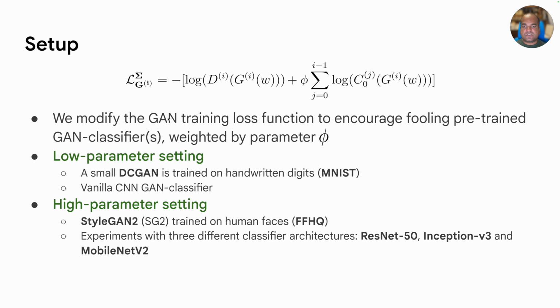We train classifiers on GAN outputs to learn artifacts, and then we modify the GAN training loss to fool these classifiers weighted by the coefficient phi. We do this in two settings: a low parameter setting where a small DCGAN is trained on the MNIST dataset, and the high parameter setting where StyleGAN2 models are trained on the FFHQ dataset, and we use three different classifier